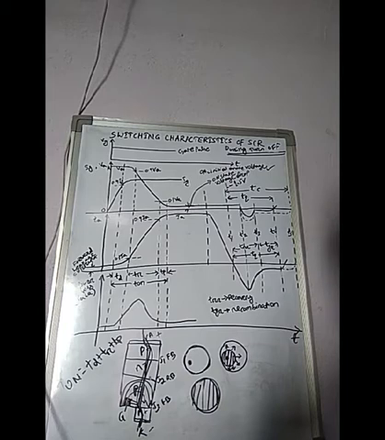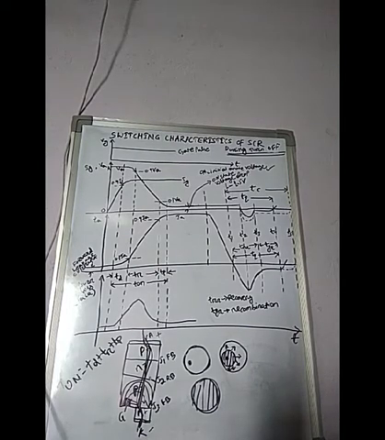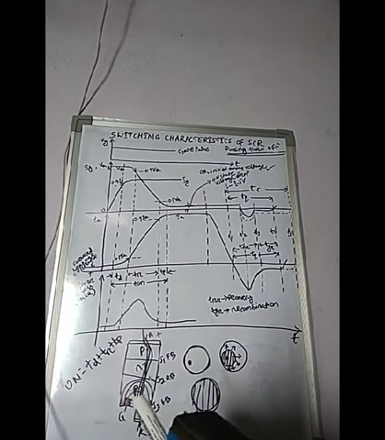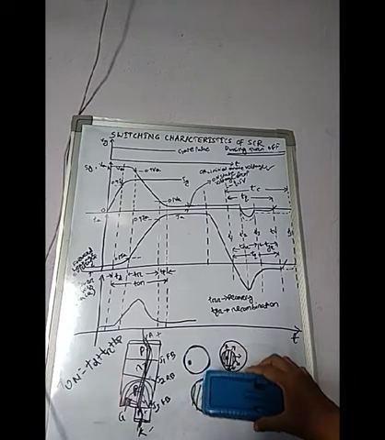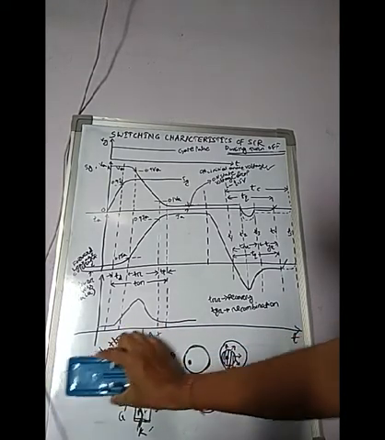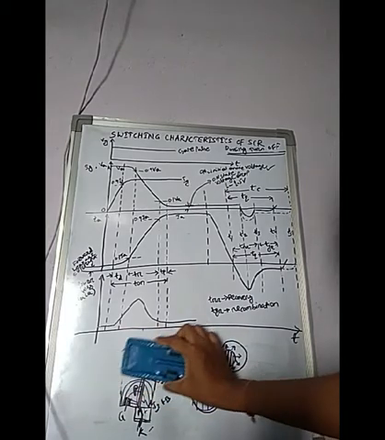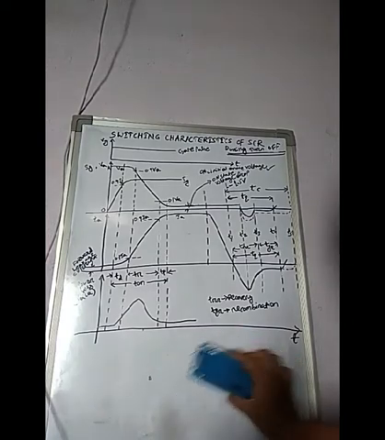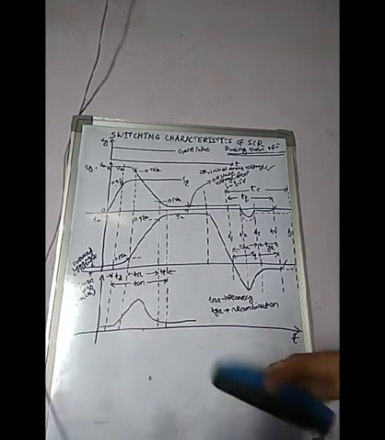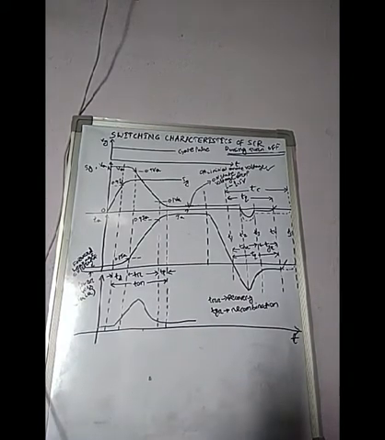Switching off of thyristor, the turn off process of thyristor, means what? It means it has changed from on state to off state. That means it has changed from forward conduction state to forward blocking state. Okay, so let's discuss what are the transient, the unstable, or the dynamic conditions of the different parameters during the turn off process.